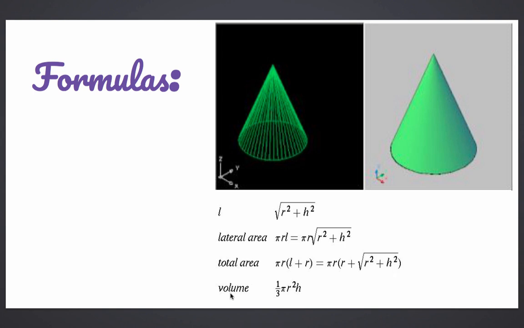Okay. So basically you have to learn just these formulas, right? Volume, what's the volume formula? Yes, volume is 1 by 3 pi r square h. Learn the three formulas. I'm quickly recapitulating. Slant height L equals square root of r square plus h square. R is the radius of the cone, circular base, and h is the height of the cone. Curved surface area or lateral surface area of a cone, pi r l. Total surface area, pi r bracket r plus l. And volume of the cone is 1 by 3 pi r square h. So this was all about the formulas, my dear students, right?